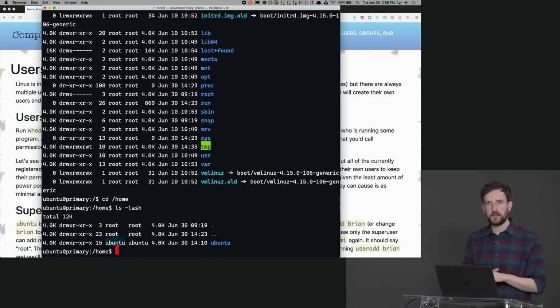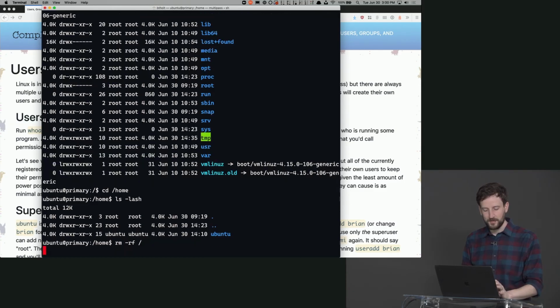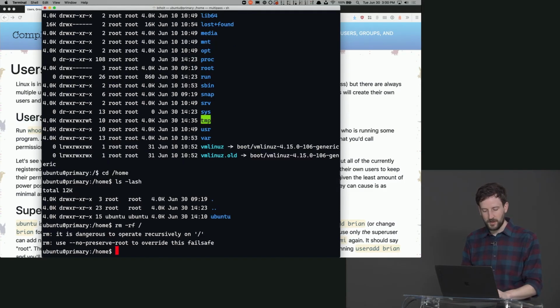So I can't, as the ubuntu user, actually run rm on this. I'm almost scared to run it because you really shouldn't, but I know that I can't do it. Huh. That's funny. So rm actually, don't do what I just did.